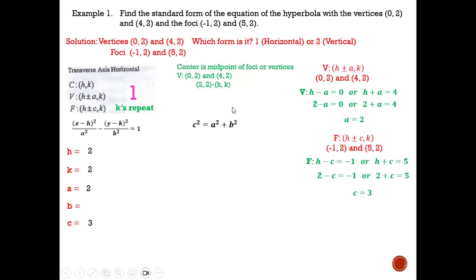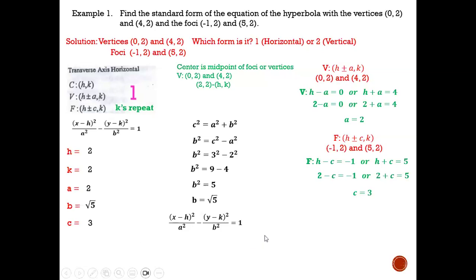Now what's left is to find my b using this formula here. I'm going to rearrange it so that b is by itself. So I move the a squared over. So c squared minus a squared gives me the b term. B squared is c squared minus a squared. I plug in the c value I found, the a value I found. 3 squared minus 2 squared, so 9 minus 4, which is 5. B squared is 5. Square root of that is square root of 5. So I was able to find all the values that I needed, h, k, a, b, c. Now I'm going to plug all of that in